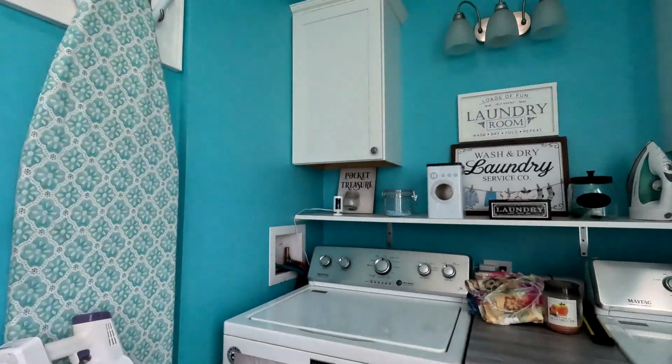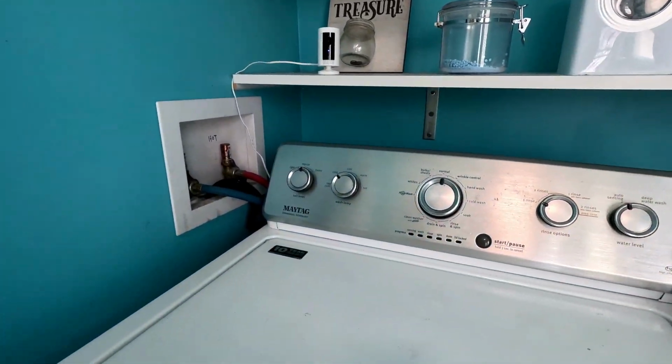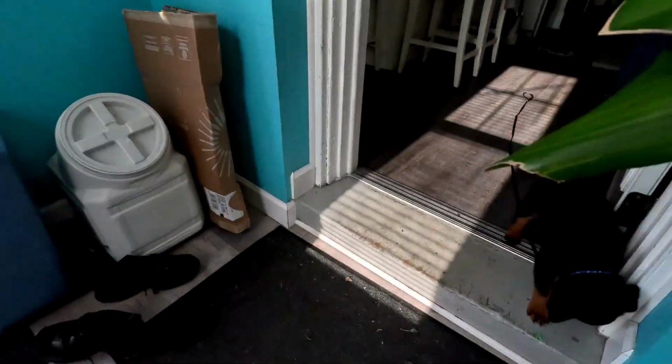Today we're going to change the springs on a Maytag Commercial washer. I got to do a twofer here because we went through the night with